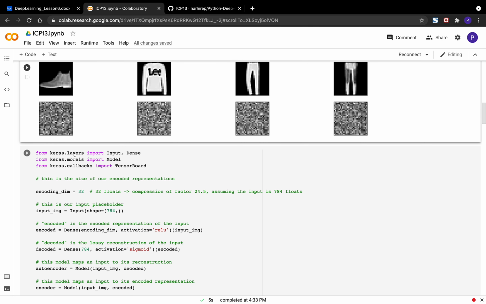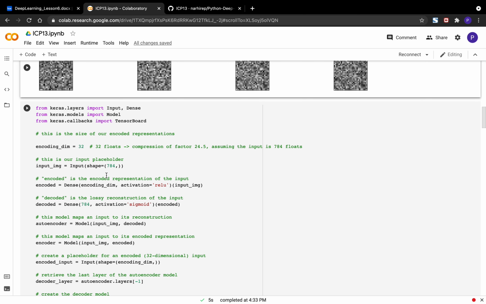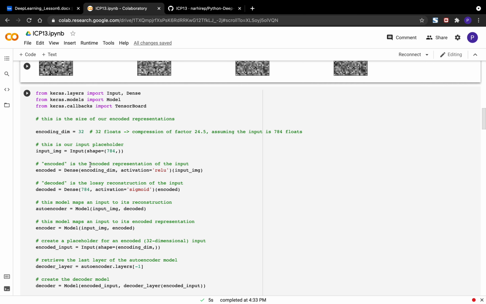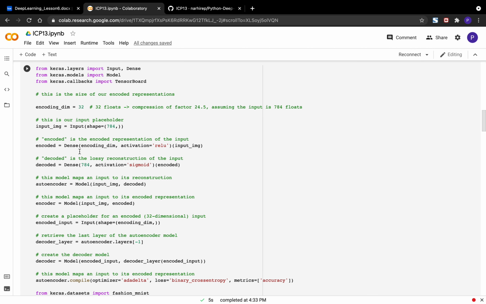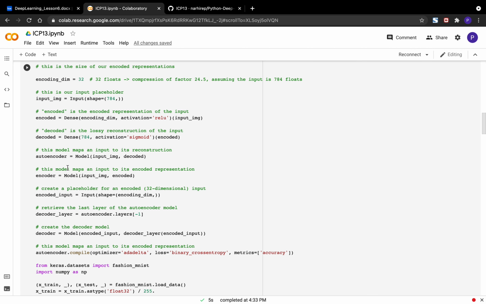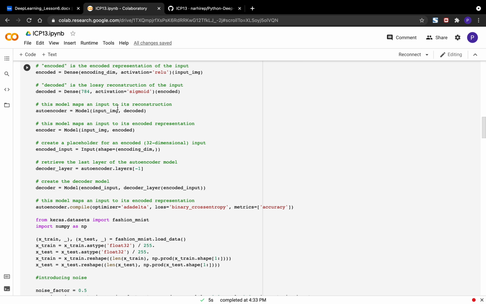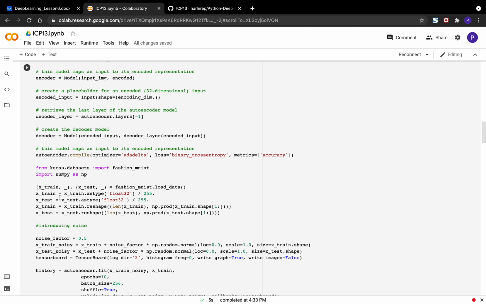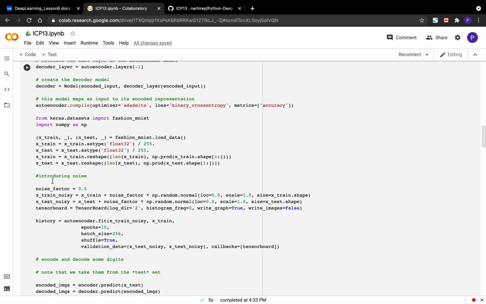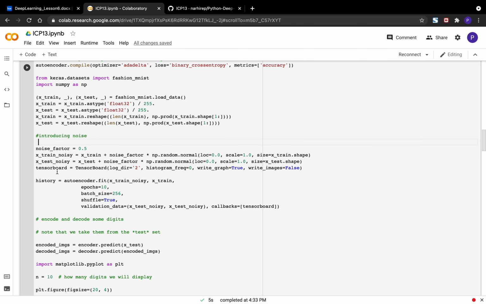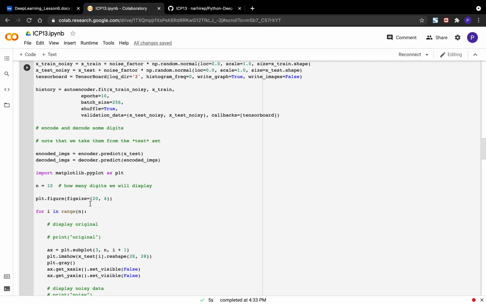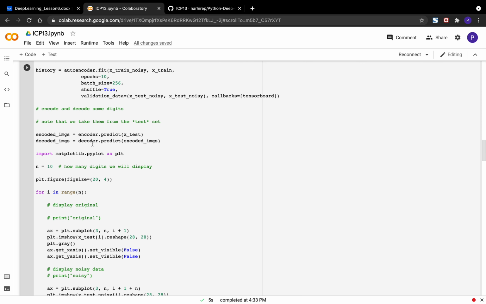For this I use a few Keras libraries, and we are encoding, and then doing some pre-processing on the same task. We are introducing noise, adding some noise to the data, so the image will be noisy.